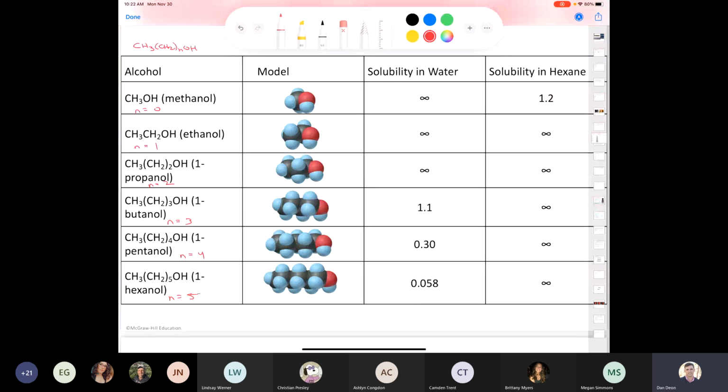Look at the first three. Infinitely soluble in water. There's a way that we can describe that in one word, and that's called miscible. It means mixable in all proportions. But look what happens once you get up to